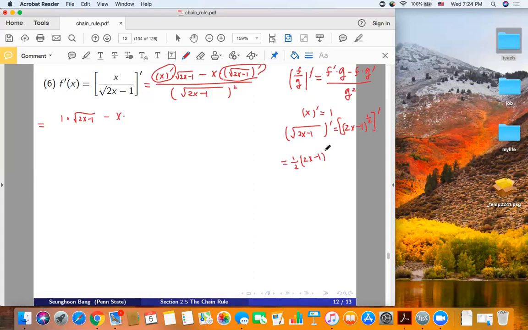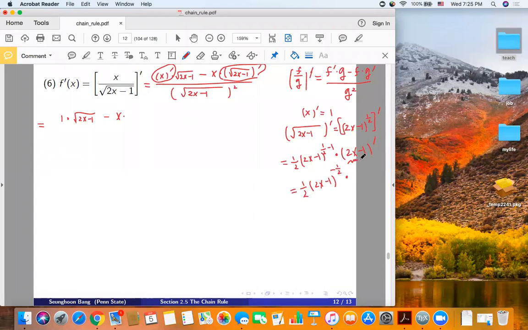Don't use the square root, only 2x minus 1 to the 1/2 minus 1, times the inner function 2x minus 1, prime. So we have 1 over 2, the 2x minus 1 to the power minus 1/2, times